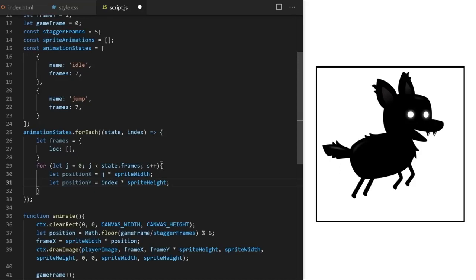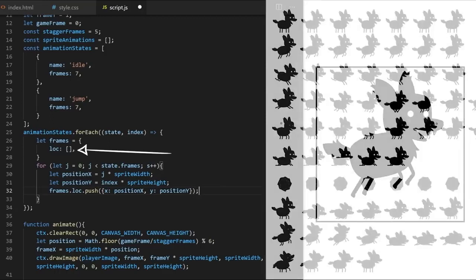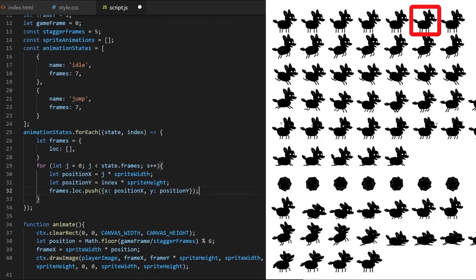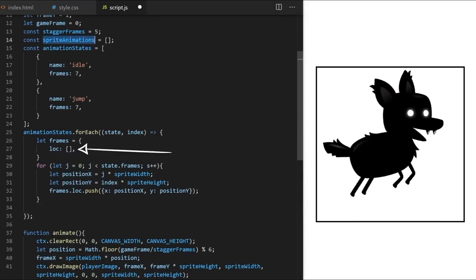So this for loop calculates positionX and positionY for each frame as it cycles through my sprite sheet. Every time we calculate x and y, I take frames.loc array from line 27 and I use push method. I create another small object here on the fly. It has x property set to positionX from line 30 and y property set to positionY from line 31. I push these values into my location array on line 27. So this for loop will run through all the frames in one row, in this case 7 times, and once we create 7 objects with x and y coordinates and push them into location array,